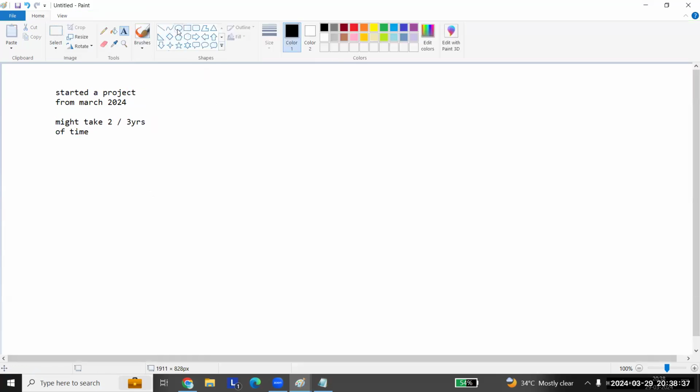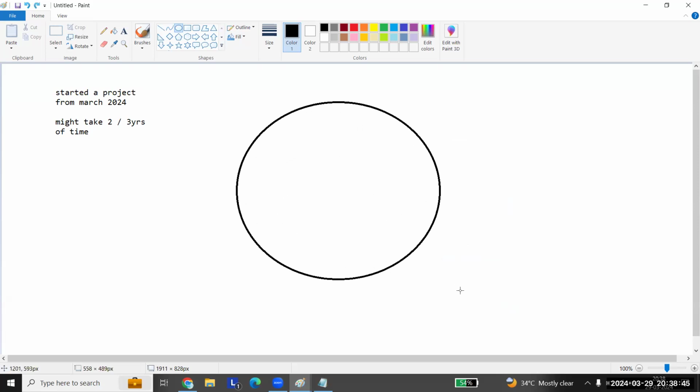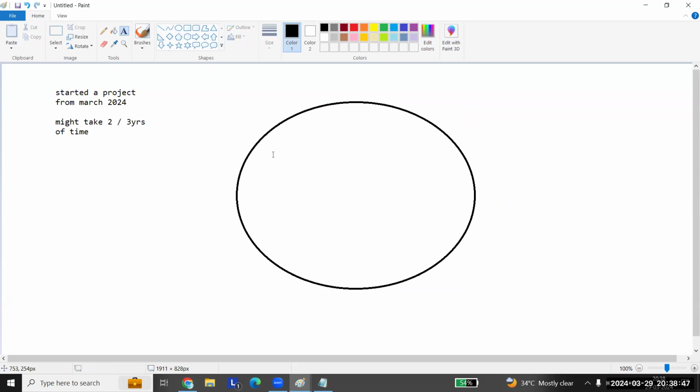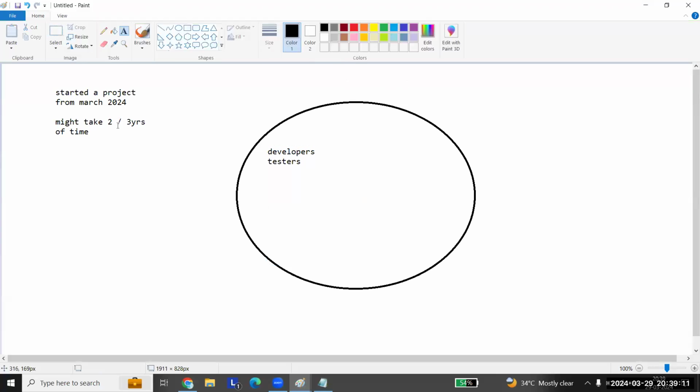But how many people would be working on this project? You have such a big project. So what happens when you are developing a project here? You'll have n number of people working, right? You'll have developers, then testers, and these all would be working on Azure resources. Then if you use a paid subscription, the cost would be very high. So for that purpose, for the project,